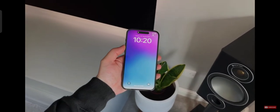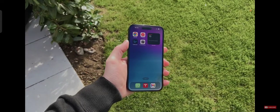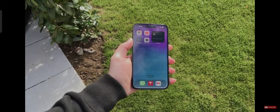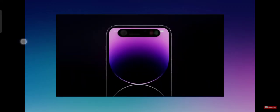As for the brightness level, well, this has actually been increased to 1600 nits in HDR, and for outdoor use, this has actually been increased to 2000 nits peak brightness. So that should make a huge difference while you're viewing it outside. Now, having seen all of the demos out there for Dynamic Island, I'm